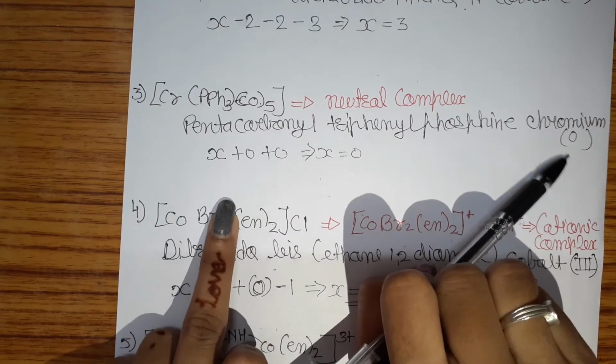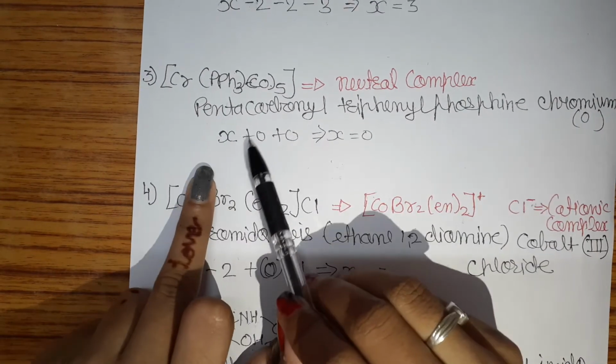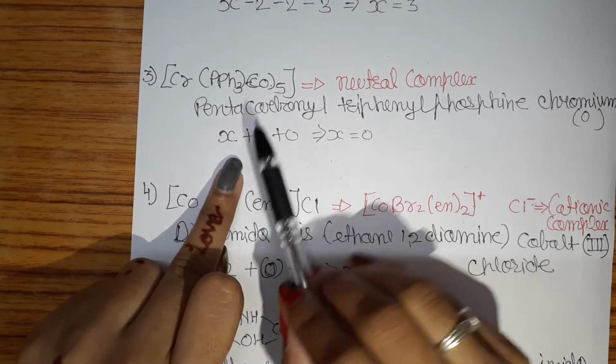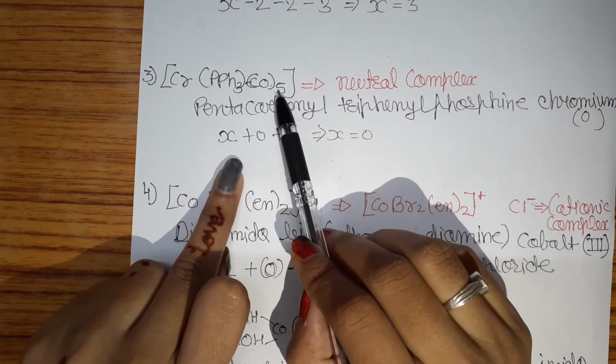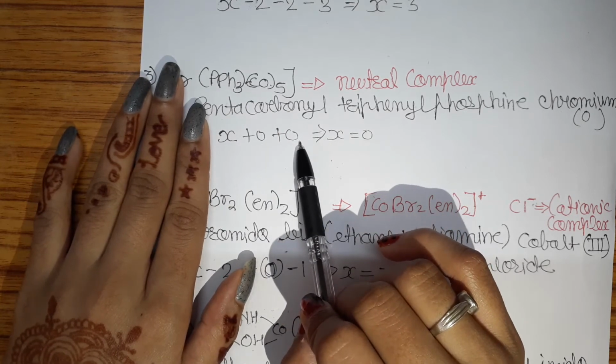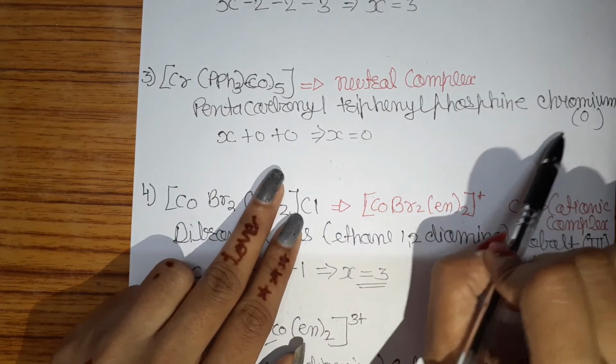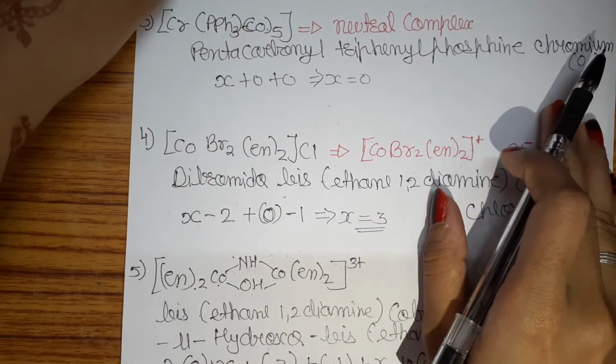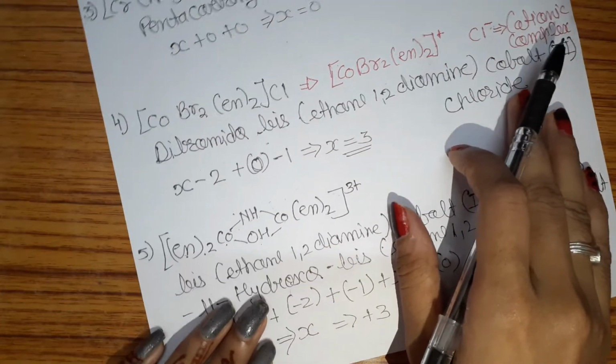Why is the oxidation state 0 for chromium? We are finding it here. X for the chromium, and PPh3 and CO are neutral ligands, that's why there is 0 charge on them, no charge on them, and we will get X is equal to 0. Now the second last question,